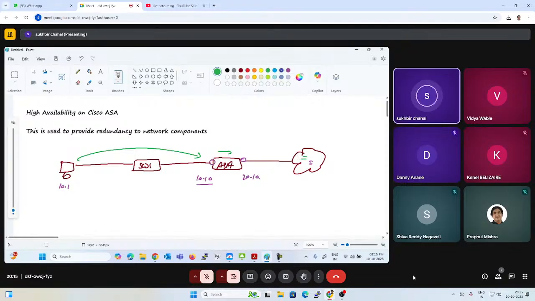But here we have a few things that are not good. If this link has some issue, okay, maybe the link is not good, or maybe there is any problem with your fiber connection, maybe this is fiber or ethernet. If there is any problem with this physical media, that means this LAN is now completely isolated, right? So there is no communication with the outside world, right? So that is the challenge in the network, and to prevent such types of problems in the network,